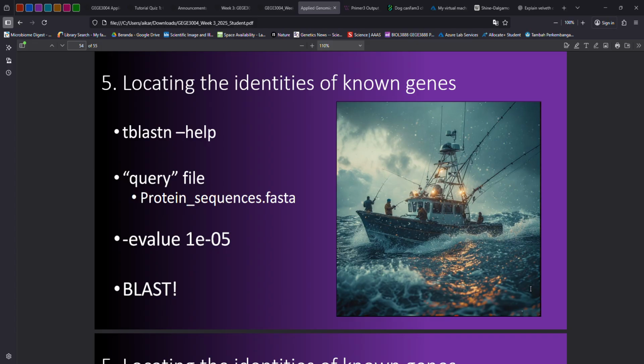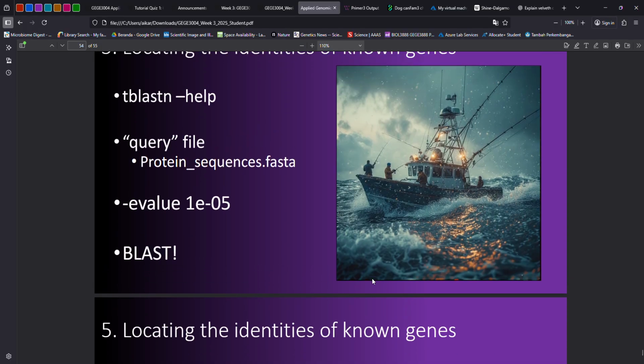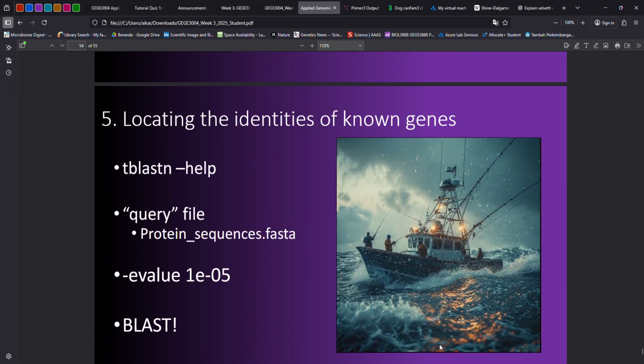You're going to use false values. You want to know what's